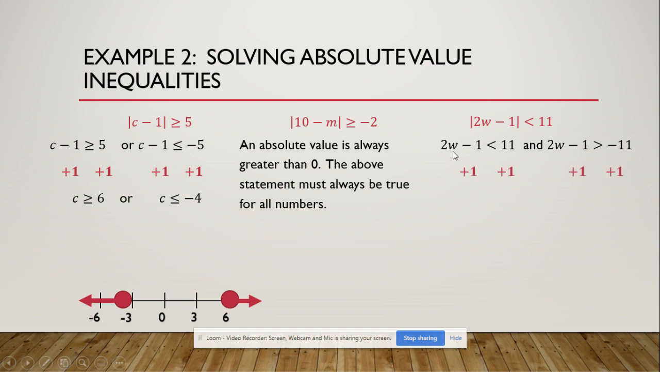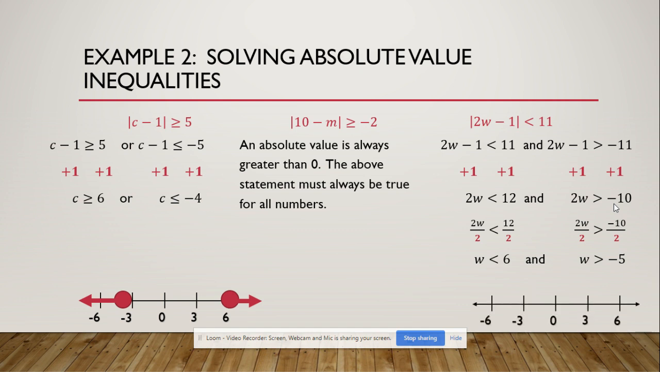We'll add a 1 to both sides. That'll give us 2w is less than 12 and 2w is greater than -10. Now we're going to divide by 2 and we get w is less than 6 and w is greater than -5. So that combination, we have to be less than the 6 and greater than a -5 to make the